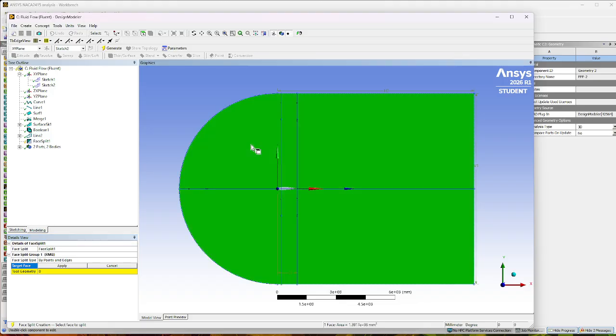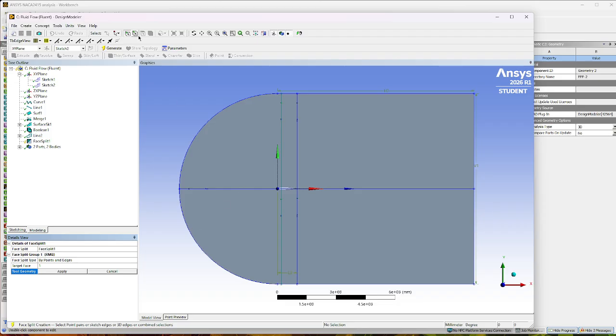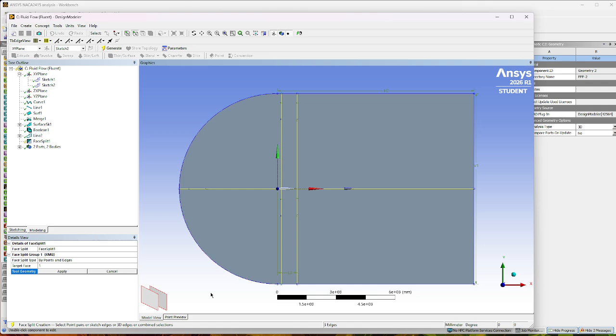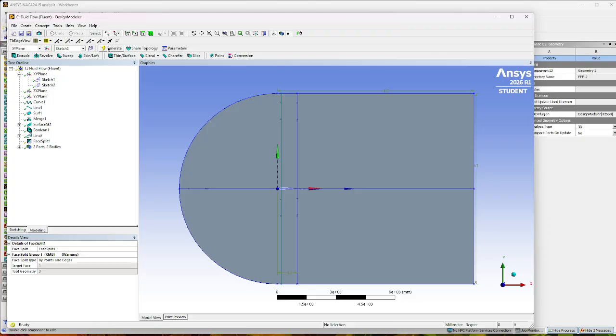Target face, we're gonna click on the test section face, and then tool geometry, I'm gonna click up here. It's gonna be edge select, and then you're gonna control click on all the lines, click apply, and then click generate. So now if you go up here and you do face select, we should have 6 faces that we just created,